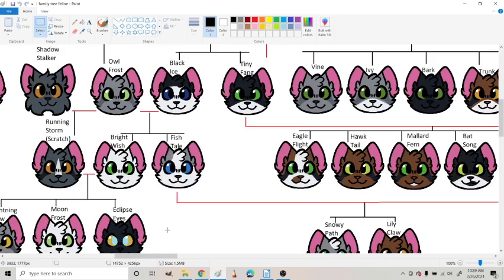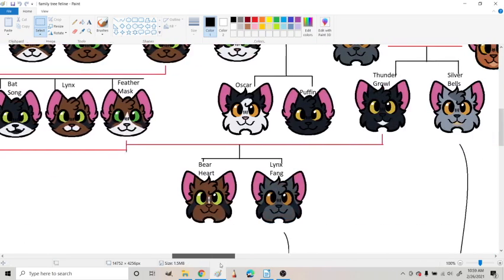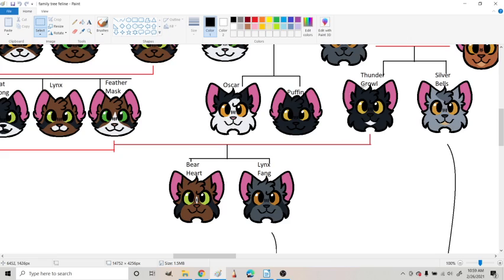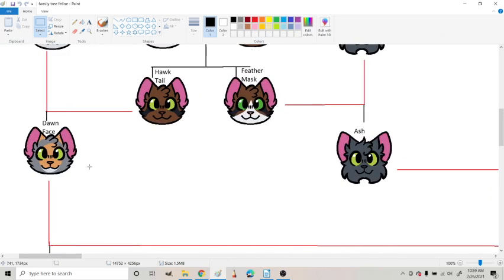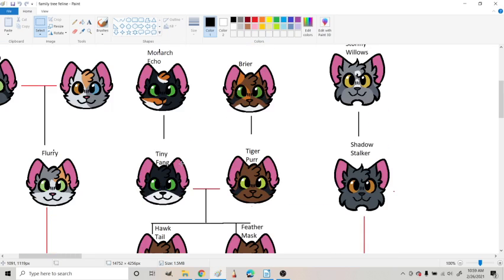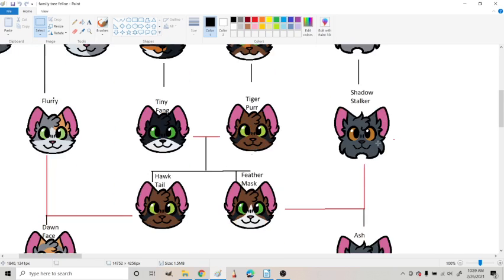Let's see, where was I now? Oh yes, over here we have Feather Mask and Thundergrowl. Of course, we have Bearheart and Lynxfang. This is what they look like. Aren't they cute? I know you're seeing these little waves come down. We'll get to that in a moment. Okay, so up here, Screech, Pretty Girl, Monarch Echo, Briar, Stormy Willows. All right? And even up here, Shadow Queen. We come down to Shadow Stalker, and